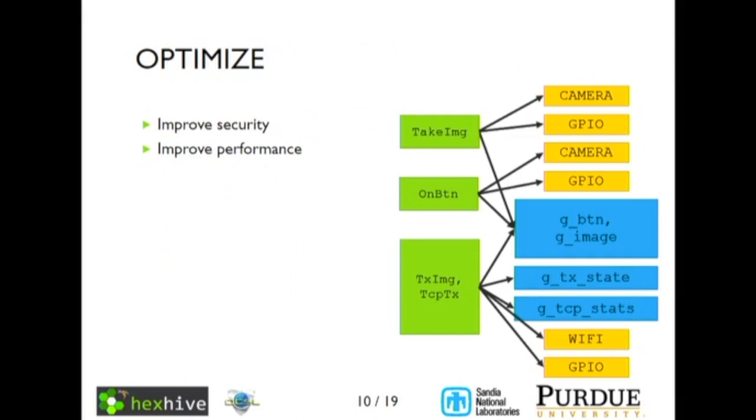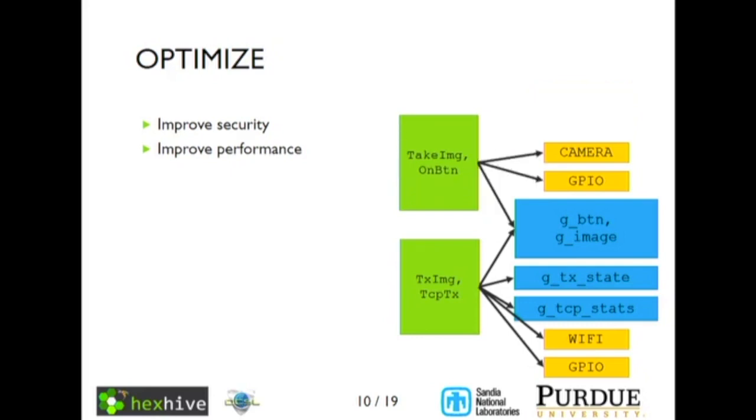After applying the policy, there could be some optimizations that can improve the security or improve the performance. You may want to enforce that certain things aren't grouped together for a security reason, or for performance that you can only have so many edges or some other transformation. Essentially, an optimization just takes the region graph as an input and outputs a different region graph, having modified it in some way. Here you'll notice that TX image and on button have the same set of dependencies, so we merge them together into the same region. This would help performance as there'd be fewer compartment transitions.